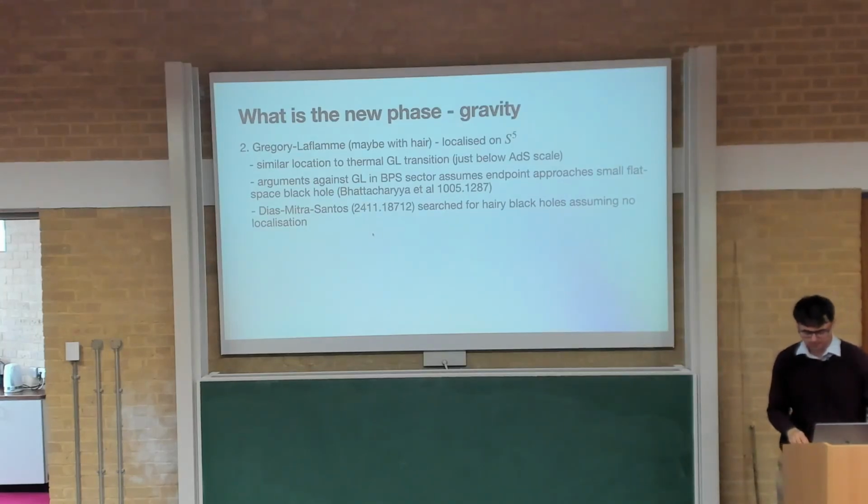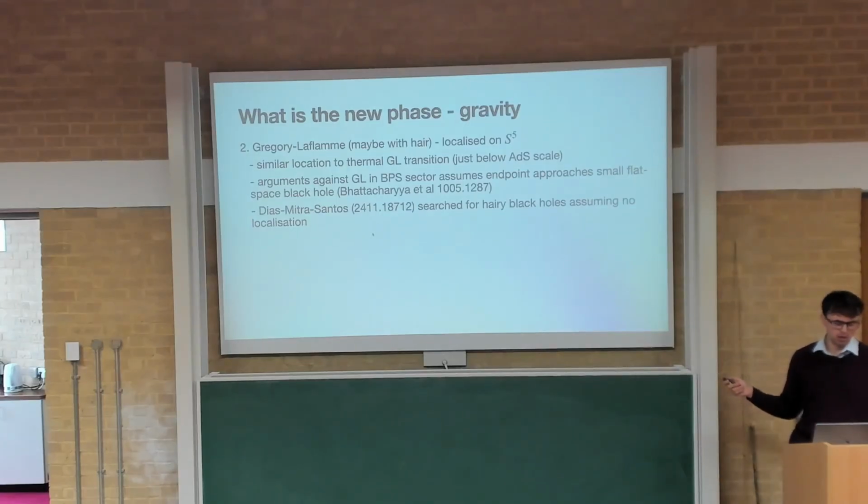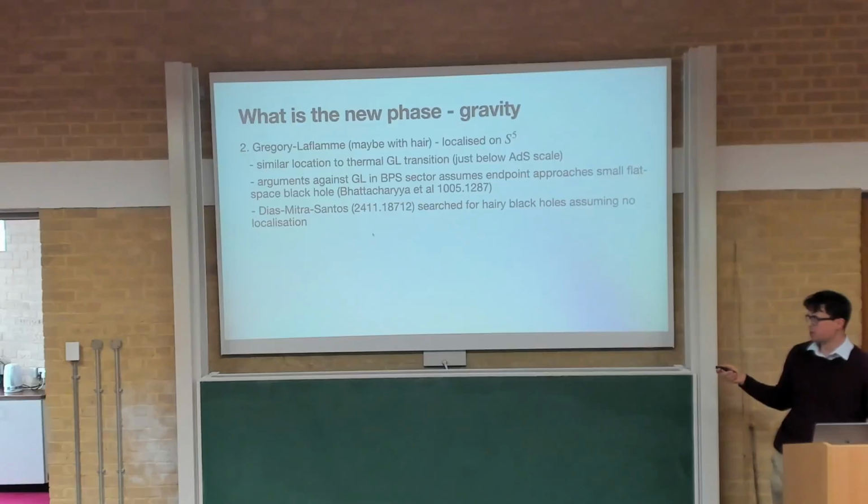In the thermal black hole case, it's been found that configurations with belts of black holes, black belts, would also be thermodynamically favorable compared to the standard small black hole. So something similar might happen here, and it's possible that this could even represent some kind of hairy black hole, if it's localized, which people have been looking for in N=4 super Yang-Mills and its dual for a while, so there's that possibility.